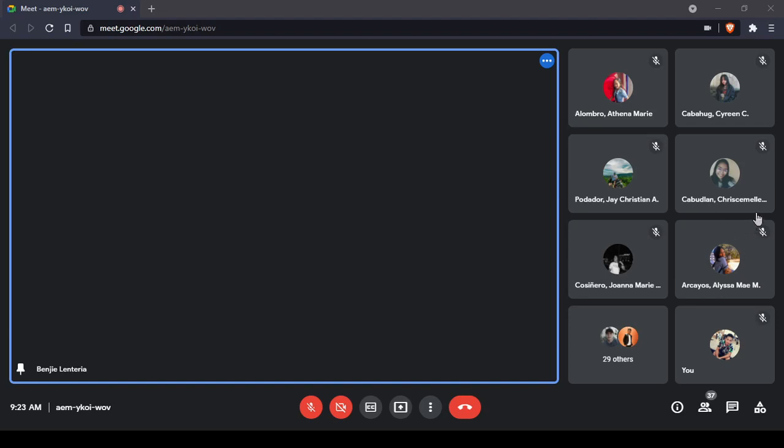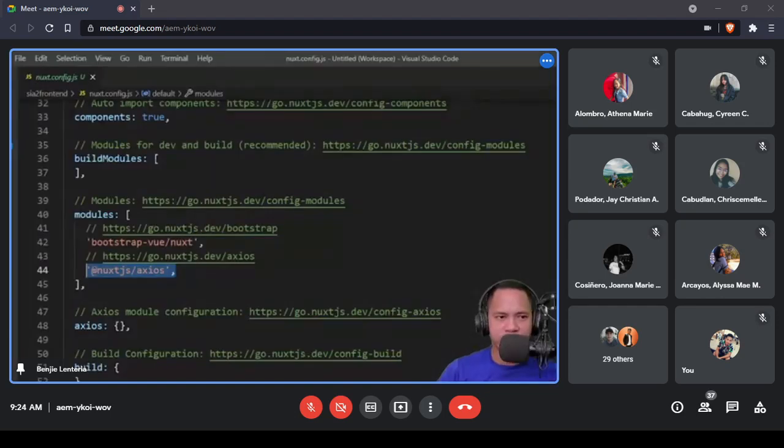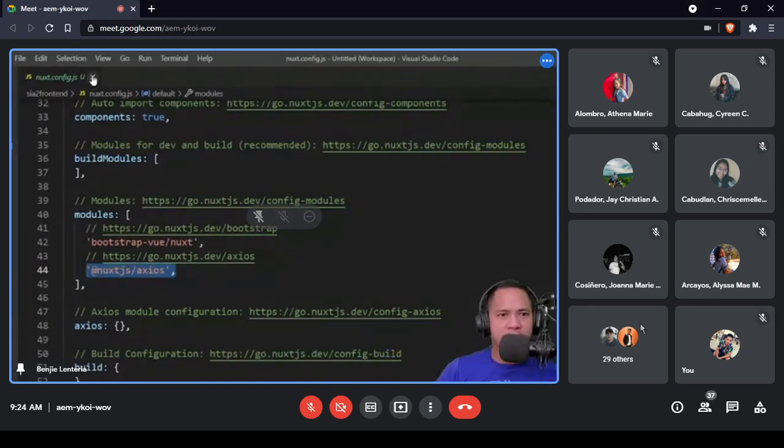you have to issue a command, npm install and then next/axios. That's the command. Okay? That command will install Axios and then you can use it in the next config. Alright? So,